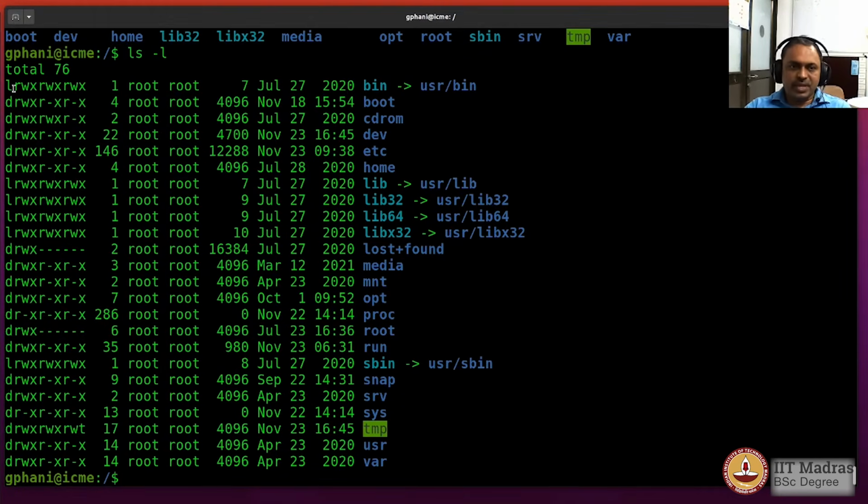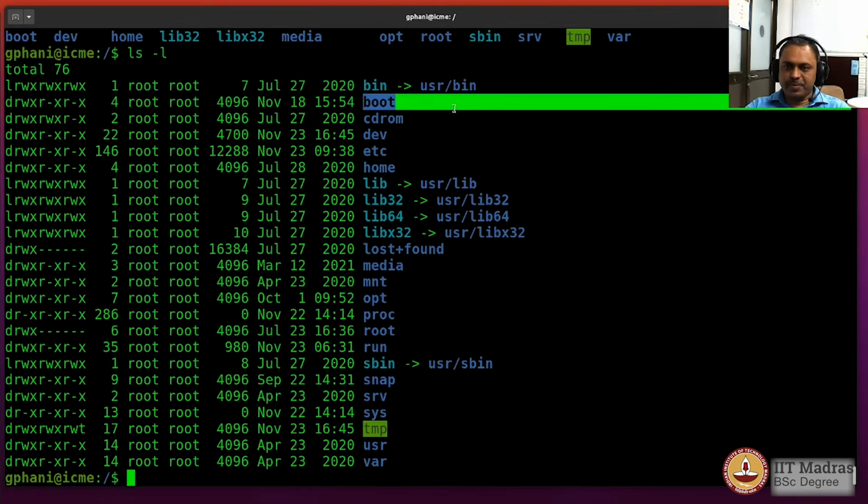For example, the very first character shows an L here, and for some directories it is a D. The difference between these two is that the L indicates a symbolic link, which means that the bin folder of the root directory is actually a symbolic link to a folder with the same name in the user directory, and the D means that it is a directory by itself in that particular location.